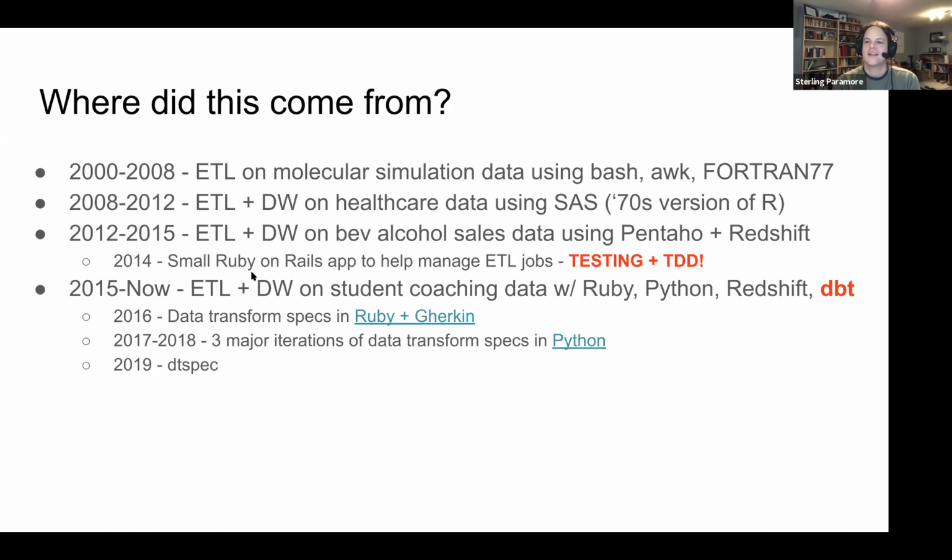But we didn't have anything like that for managing data transformation pipelines. And it was really eye-opening because up to that point, I realized how fragile a lot of data transformation pipelines can be. You make one seemingly small change to a SQL script and suddenly you have no data in your target tables, or you've duplicated the data or something like that.